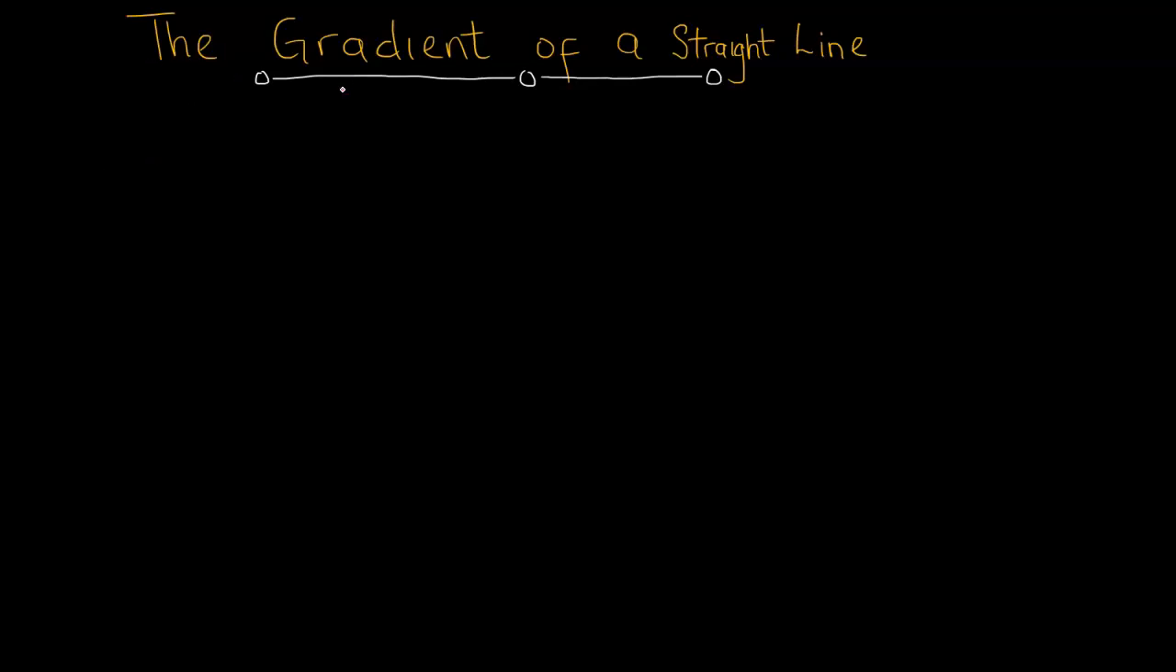In this video, we are going to be considering the gradients of a straight line. The gradient is the ratio of the rise to the run. So this is rise over run. The implication of this is that if I draw my y and x axis and I have a line,